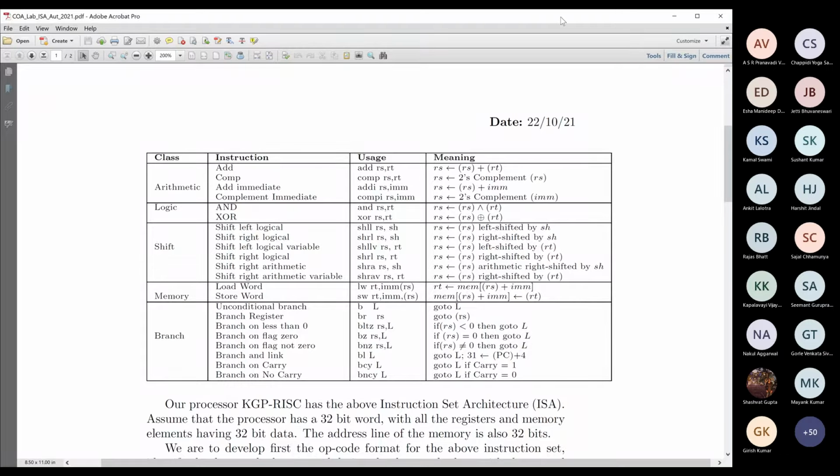Another important feature of this instruction set, if you look at the meaning fields and the usage fields: can you tell me a striking difference with the way MIPS operates and this instruction set? A fundamental difference between the way MIPS operates and this instruction set. Many of the instructions in this instruction set have a restriction. What is that?